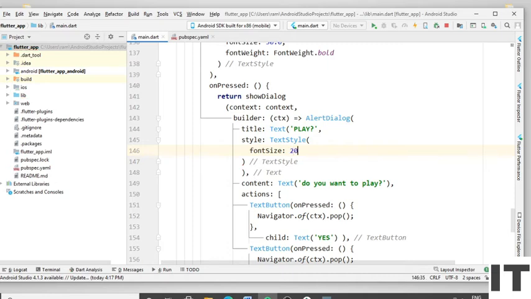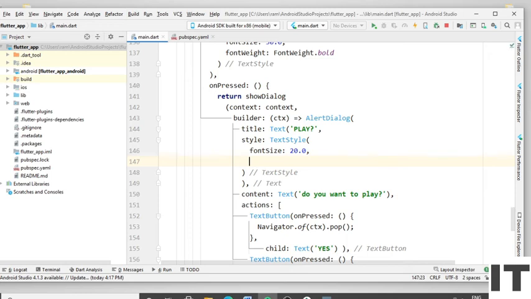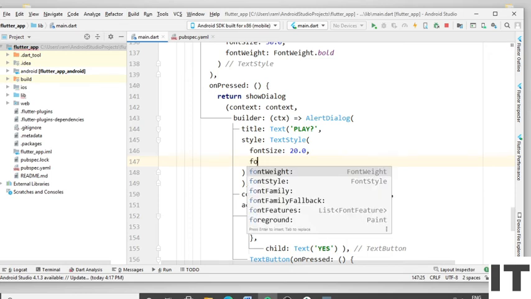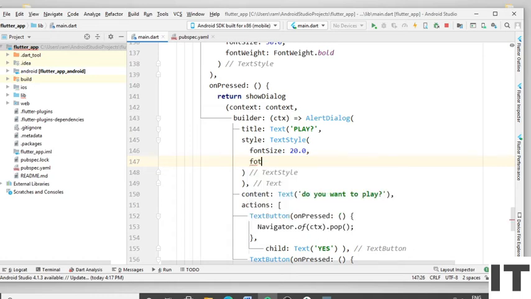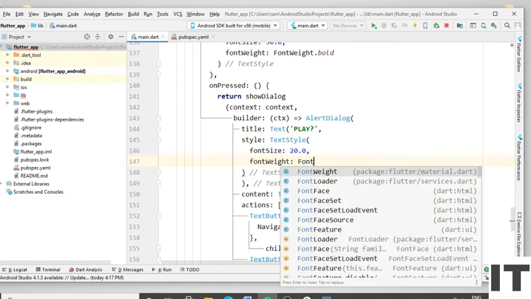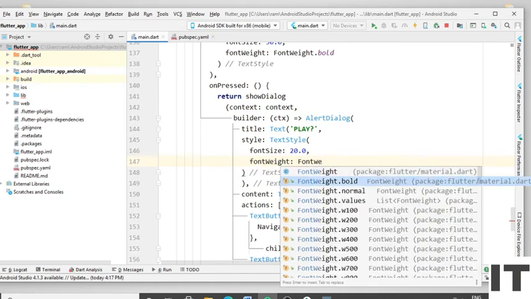Give the 20.0. Put the comma. Type the font weight. Again type the font weight and select the bold.